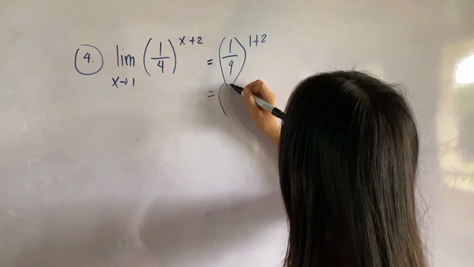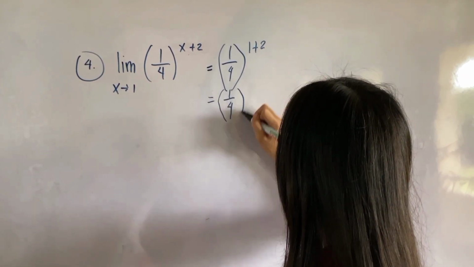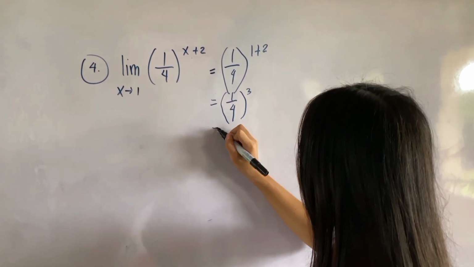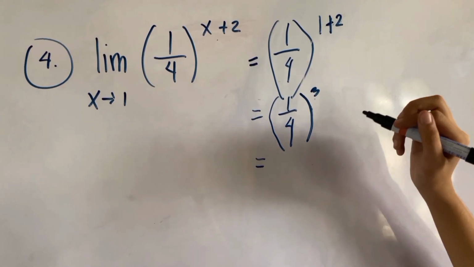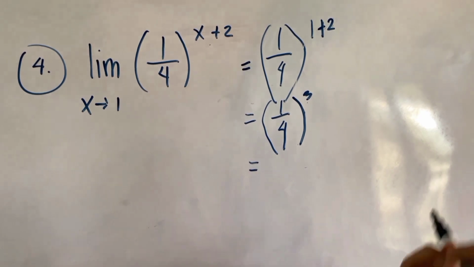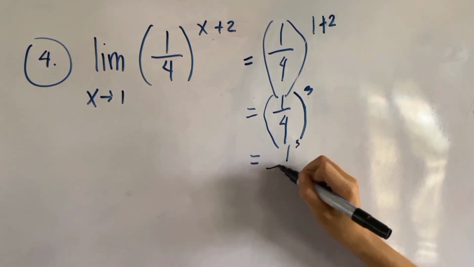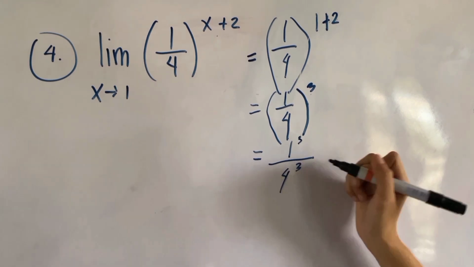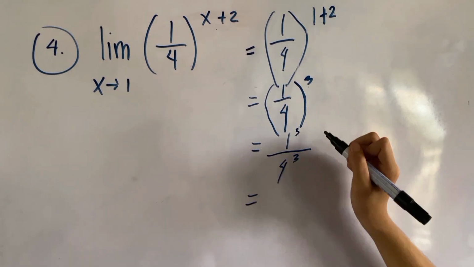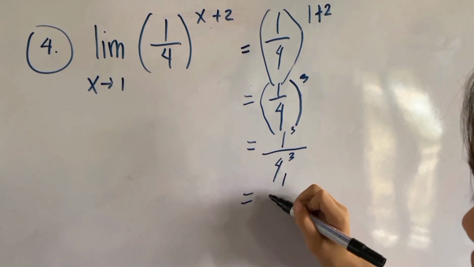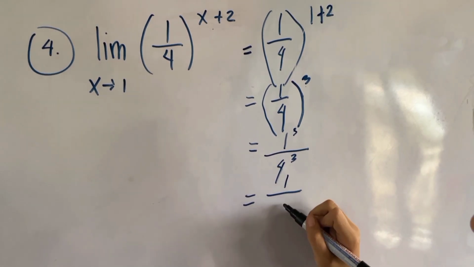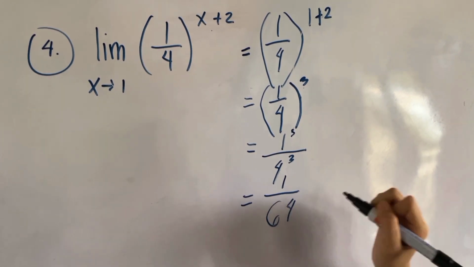So it will be 1/4 raised to 3. So we will distribute the 3 to the numerator and denominator. So it will be 1 raised to 3 and 4 raised to 3, which is equal to 1 raised to 3 is 1 and 4 raised to 3 is 64. So the answer is